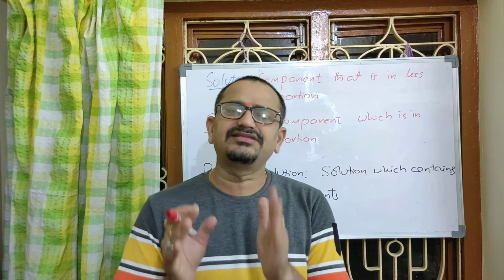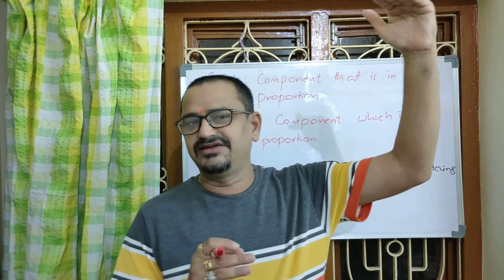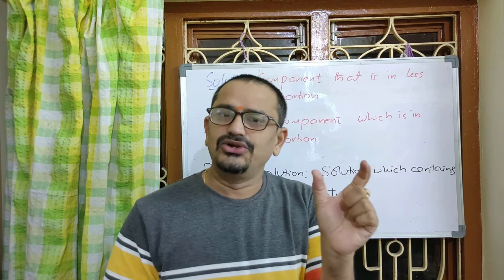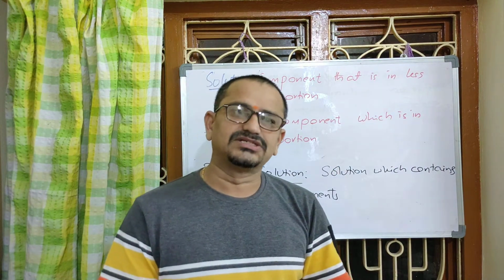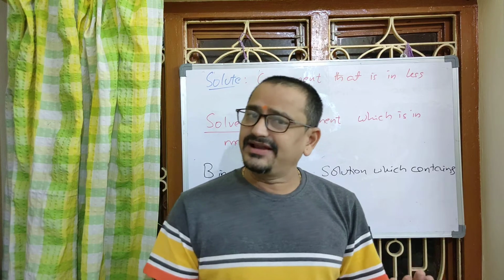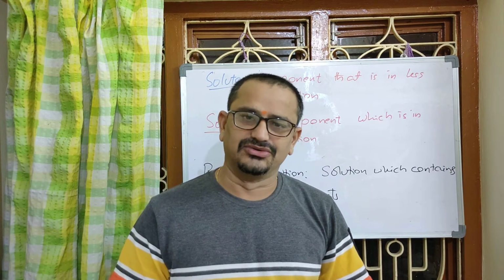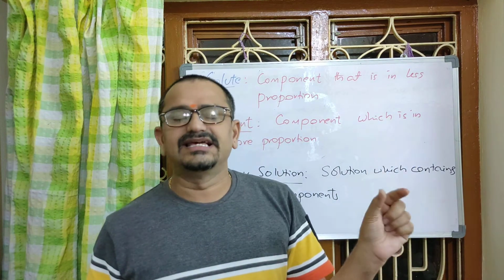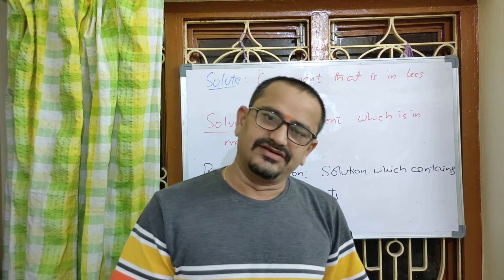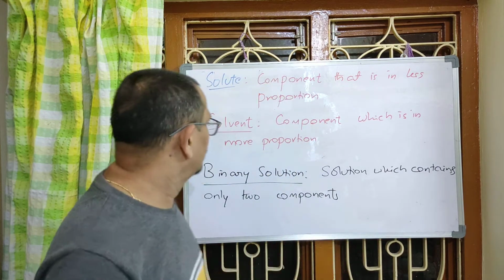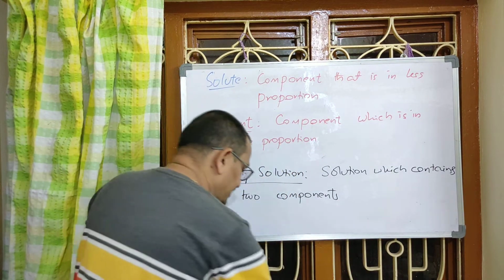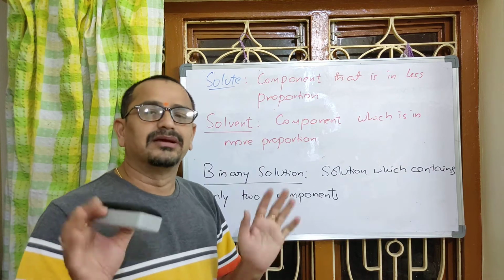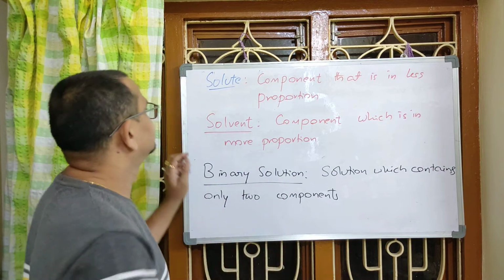Unless they specify that a particular component is in high proportion, in all the remaining cases you have to take that particular substance as the solute. Suppose you take nitric acid solution. Nitric acid is the solute, unless they specify. In general, you can easily assess the solute in a given solution. Now, with this basic knowledge, we have to study the method of expressing concentration, that is molarity, right?